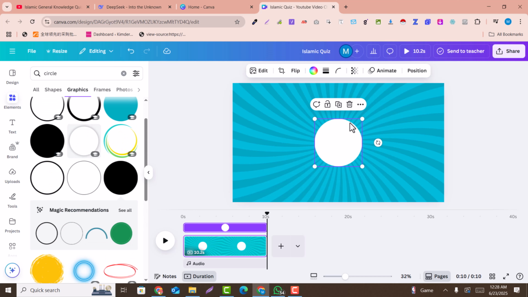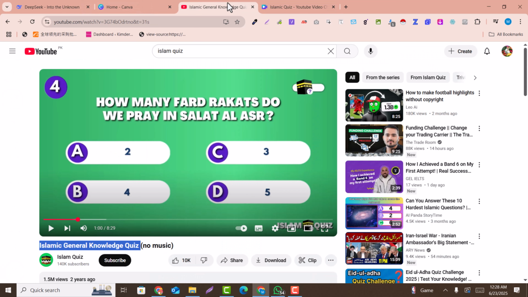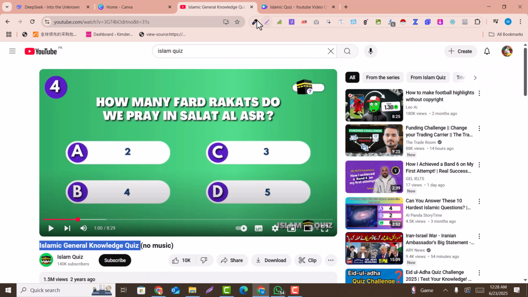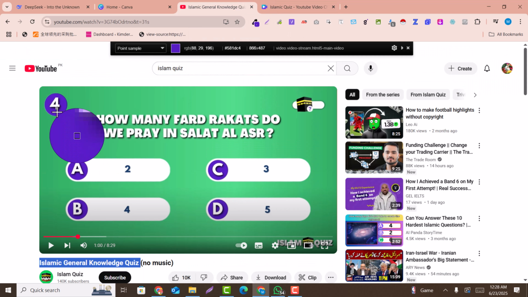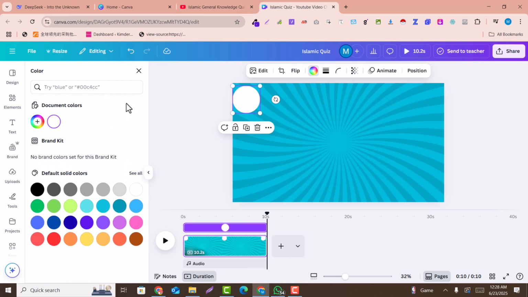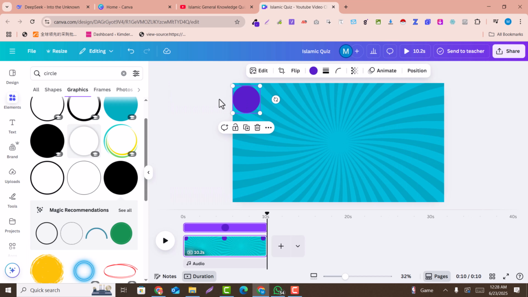For example, I just select this one. If you see here, this is also a simple circle. So I just copy the color of this circle and make this the same color. Now you can see this is the same color as the destination here.